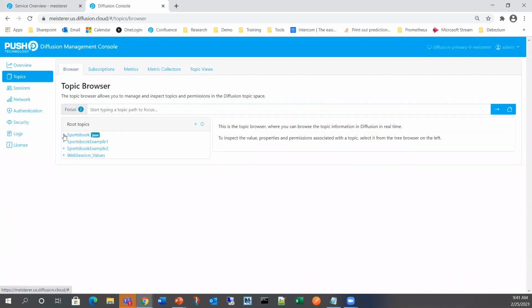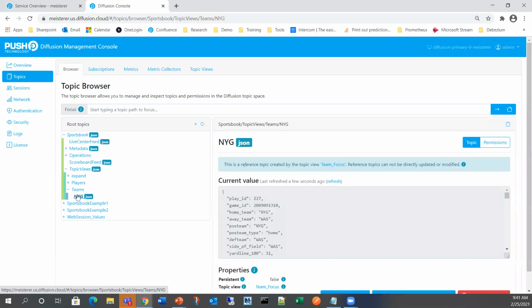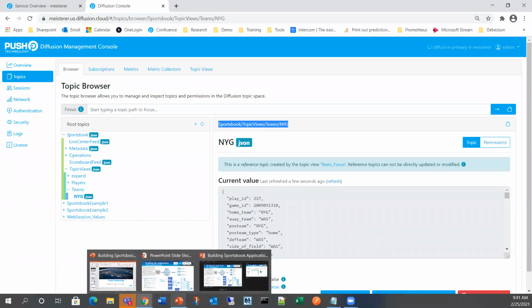I go into my sportsbook and I come down to my topic views and now underneath teams. And so as I have data that's streaming through Diffusion, you'll see Denver, you'll see Kansas City, you'll see various teams. And then all my clients really do is subscribe to. Now, this could be a client inside of a sportsbook visualization. They subscribe to this particular topic. Okay. And I'll show that in a couple of seconds. Okay. So let's move on to the next stage inside of building this application,